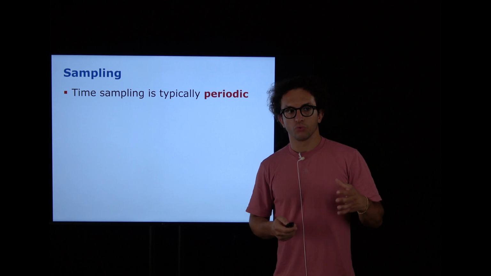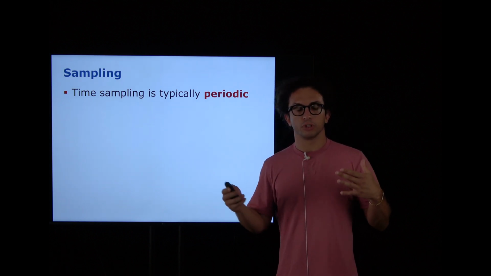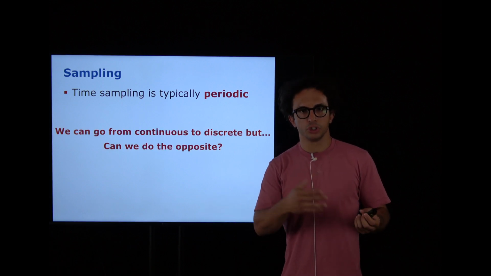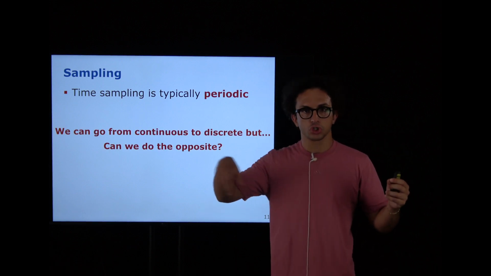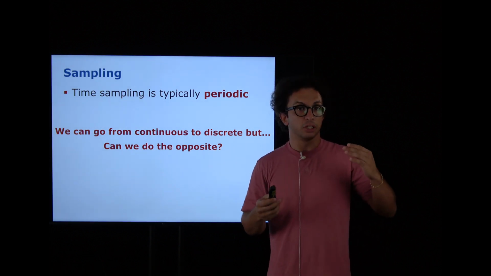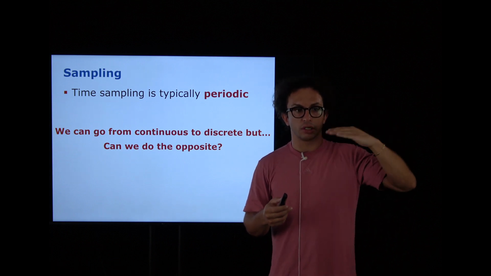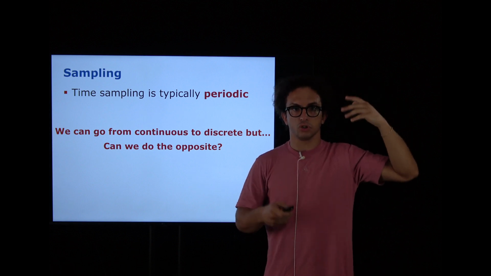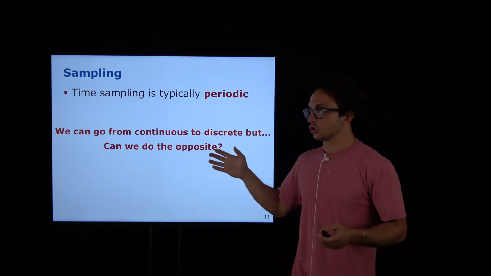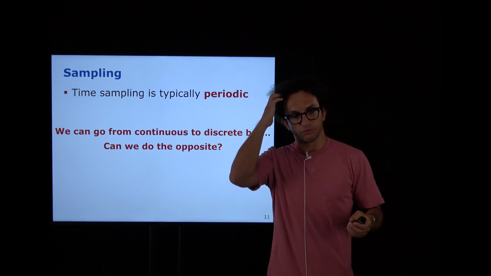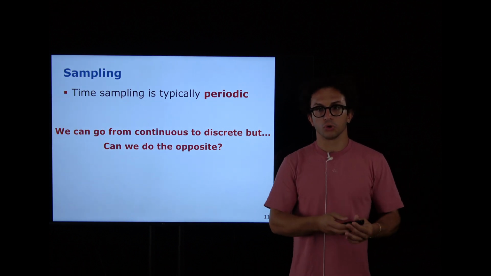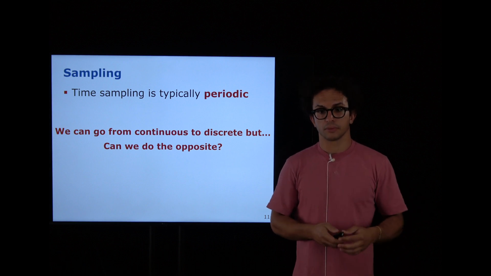And from the image that we've seen before, we understood that it's kind of easy to go from continuous to discrete, because you have a continuous curve, you just read at certain intervals, and if you want to make it digital, you can also just read certain values and say, I can only see this, and you take the corresponding values. But can you do the opposite? So is it possible, if you have a discrete time system, to go back to a continuous time system, or to a continuous time representation at least? Well,